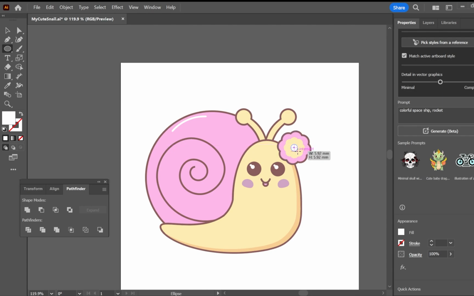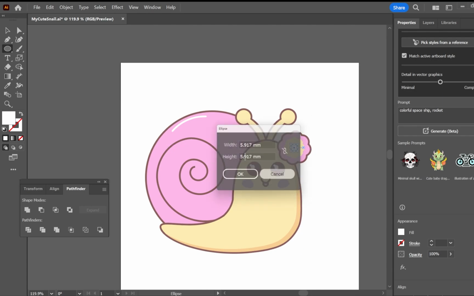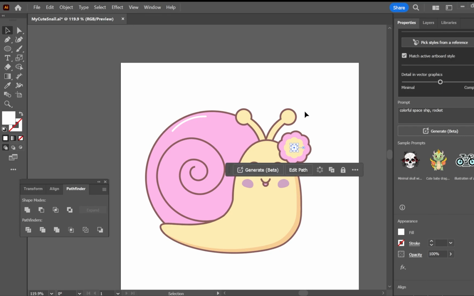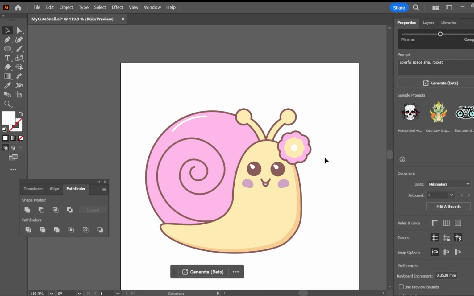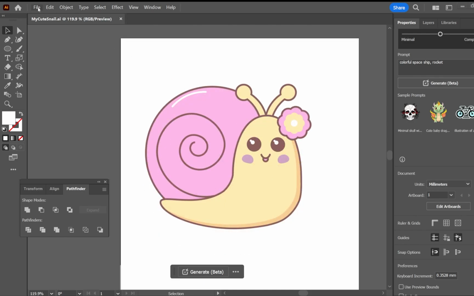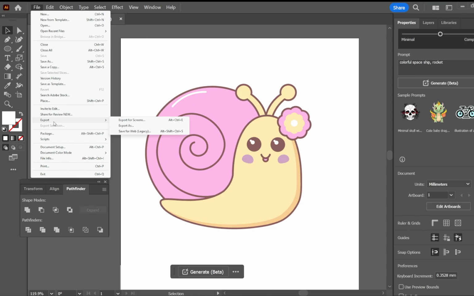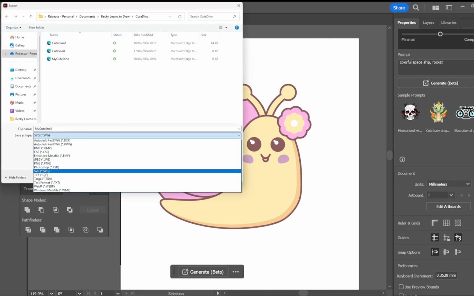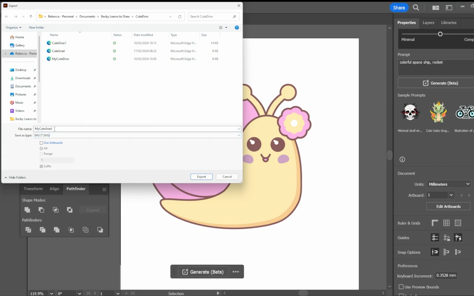And there we are. We have a finished, cute snail drawn in Adobe Illustrator. Now, if you want to use this somewhere else, especially in a Scratch project, a good idea is to go to File, Export, Export As, and I'm going to export it as an SVG so that I can use it in my Scratch projects.